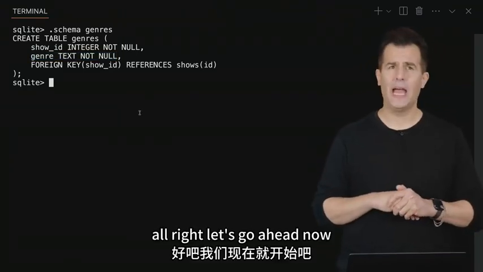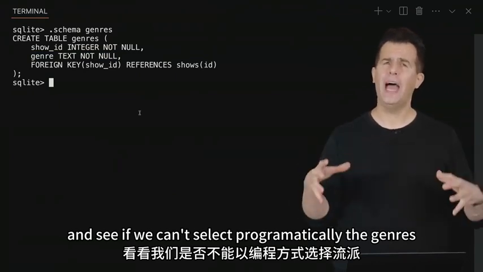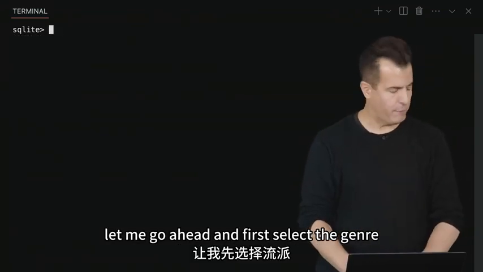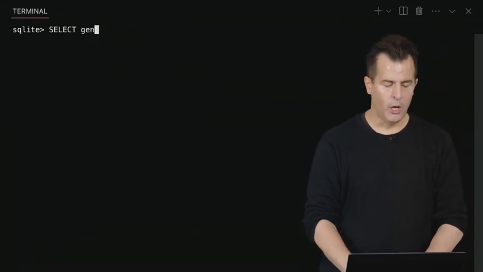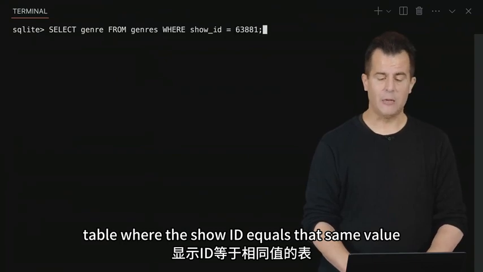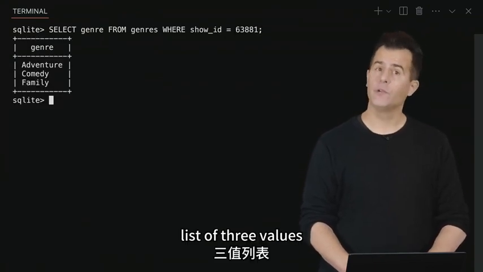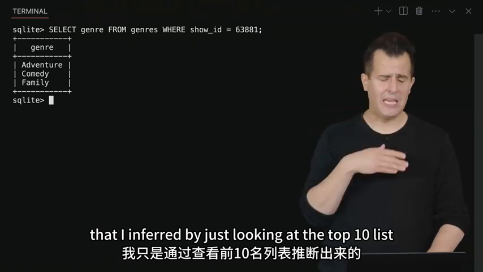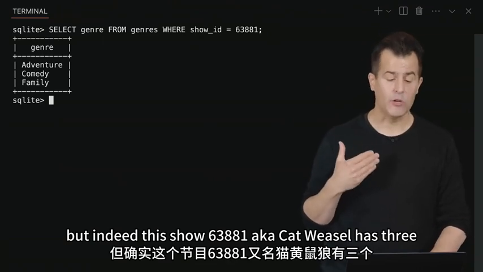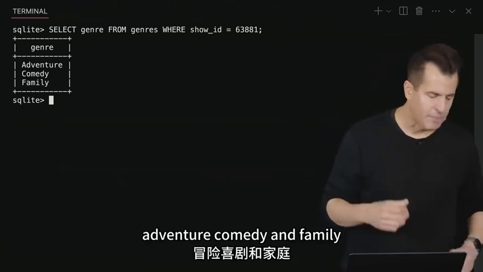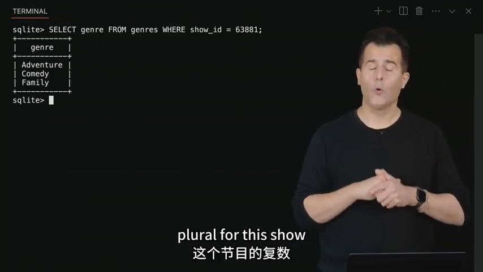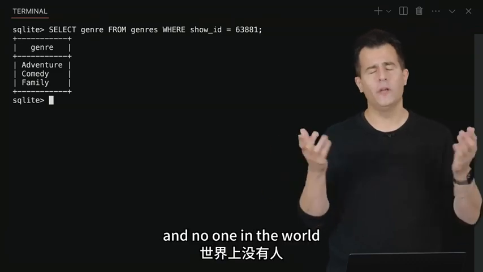All right, let's go ahead now and see if we can't select programmatically the genres for this TV show called Catweasel. Let me go ahead and first select the genre from the genres table where the show ID equals that same value. Okay, there's that list of 3 values that I inferred by just looking at the top 10 list earlier. But indeed, this show, 63881, aka Catweasel, has 3 genres: adventure, comedy, and family. So how can I go about selecting now